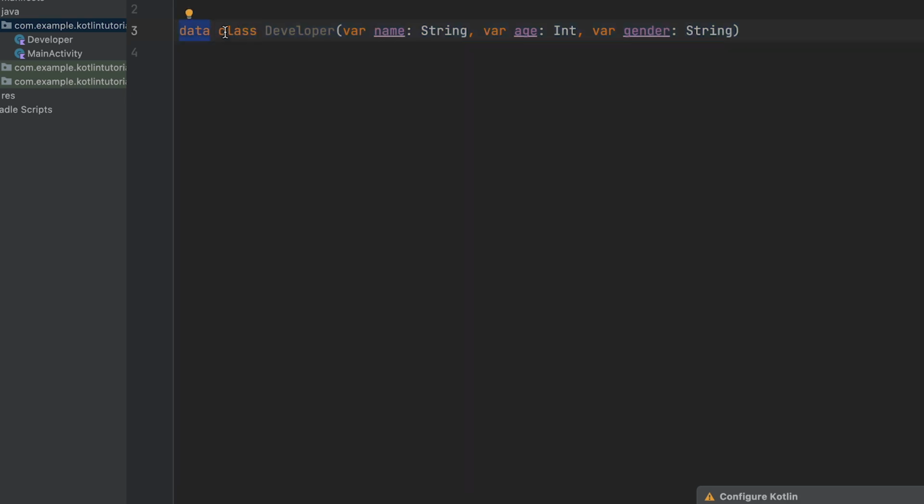Data keyword, class keyword obviously will be there if you are dealing with classes, and then the name of the class. And now inside these parentheses you have to give the parameter details, and you already know how to give the parameter details, where val is the keyword, then the variable name, and then the type, right?